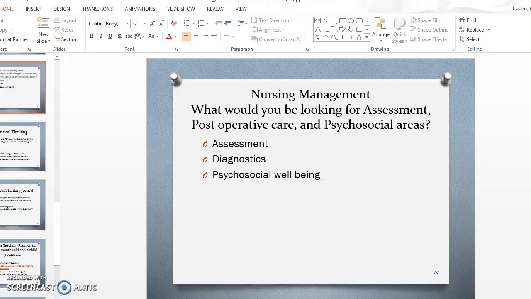I've never heard a baby actually tell you, oh, I'm feeling short of breath. So we're going to have to assess that. We're going to have to do our cardiopulmonary assessments and our neurovascular assessments and vital signs, and a lot of education and psychosocial support and coordination of care, because these babies need to be transferred to a higher level of care, a children's hospital where they specialize in care and repair. And then our diagnostics again,